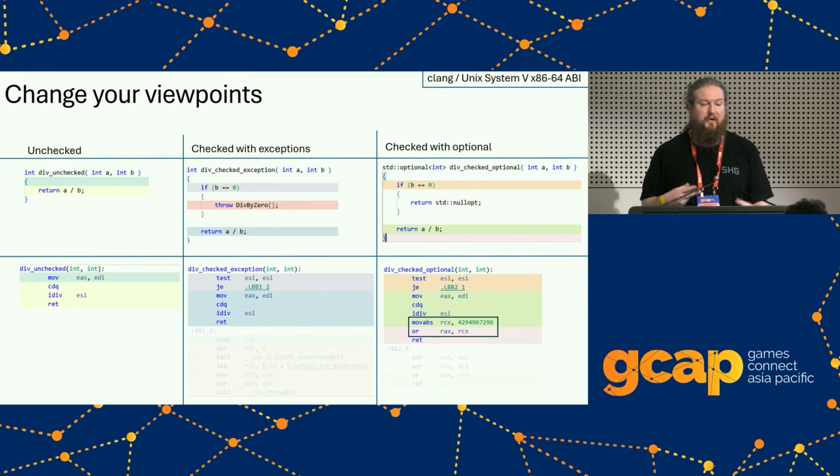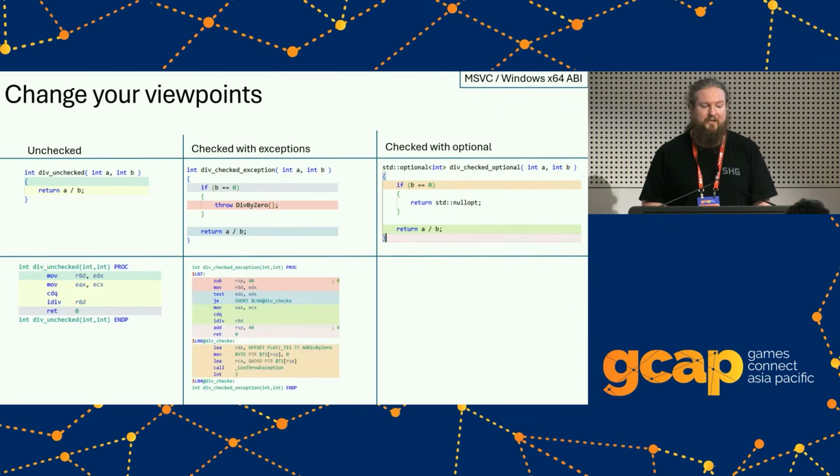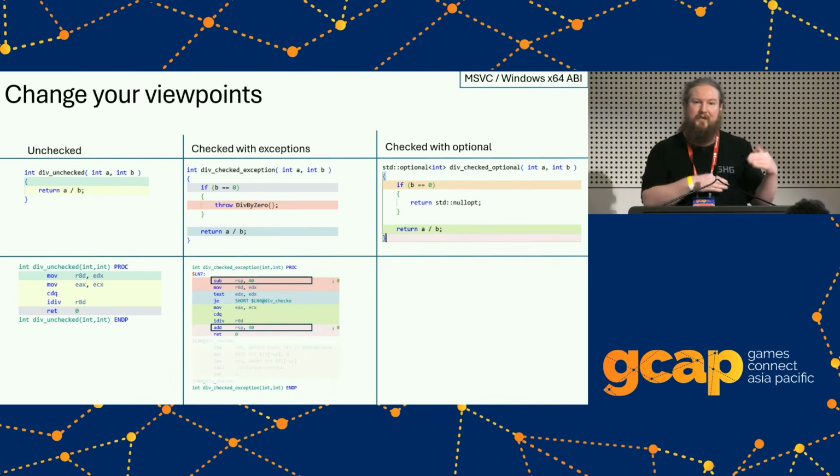And this was just looking at Clang and the System V ABI, which is the Linux one. So let's take a quicker look at the Visual Studio one and the one that comes out of the Windows ABI. Again, we've got the same output, a little extra move there because of the operands that are passed in. The ABI requires different argument registers. The case for using exceptions is a little bit more. We've got an add and subtract of the stack, so it needs a little bit of stack space whenever it's dealing with exceptions.